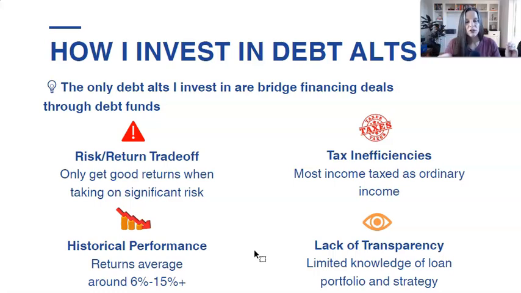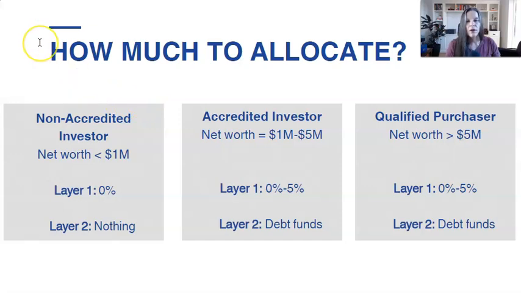If there were better transparency, I might be more likely to invest in some of these deals that come through that have good risk-return trade-offs. But in my experience, it's not that the operators in the space aren't good. I think it's the nature of the industry and the way it works: some of these loans are small and you just can't know everything the fund is going to own. But with such a risk-return trade-off issue in this asset class, I think you really want to understand what you're investing in and what the strategy is. And I just don't think that exists in practice a lot. So that is why I'm not a big fan of debt alternatives. I've mentioned the limited situation where I would invest: bridge financing through an investment fund.